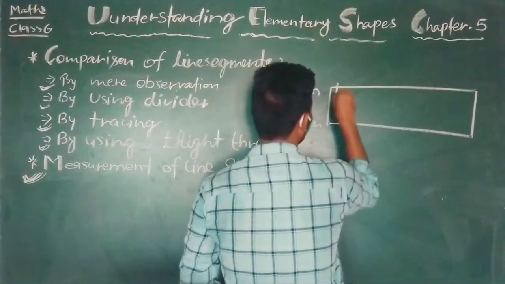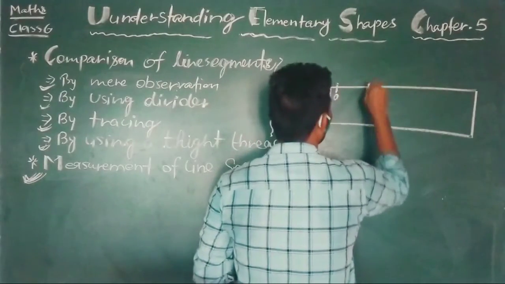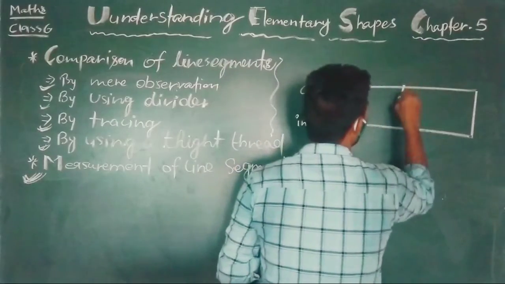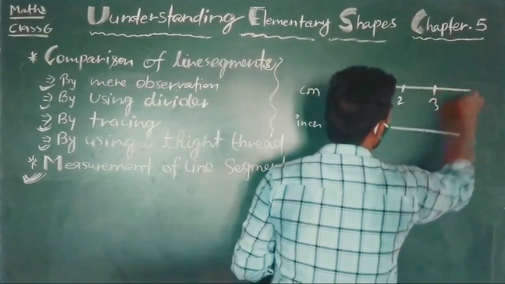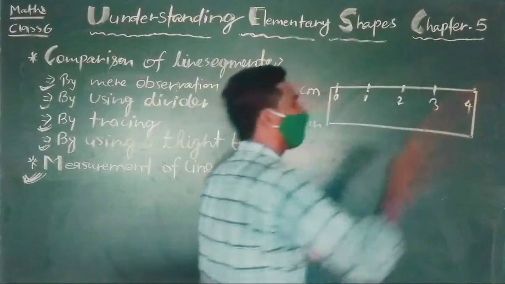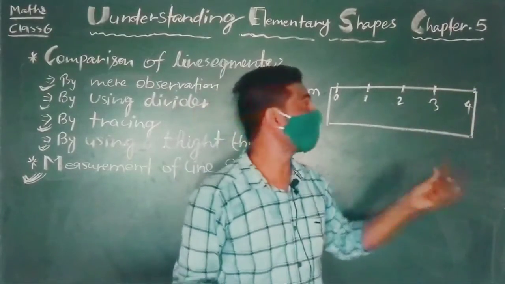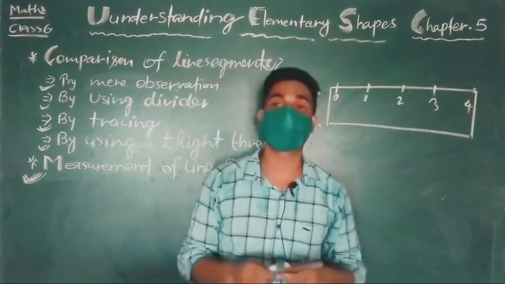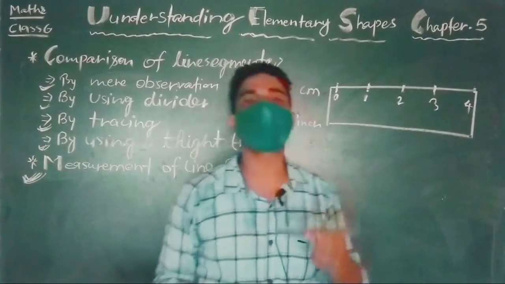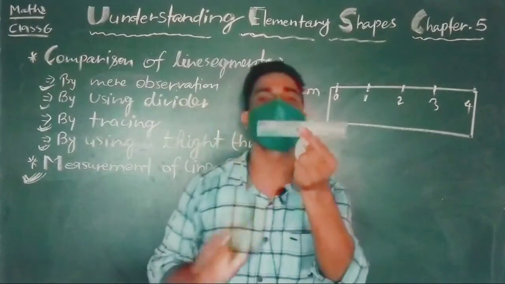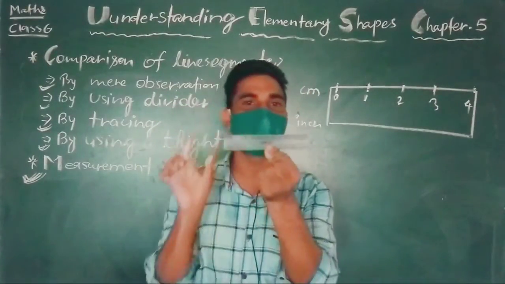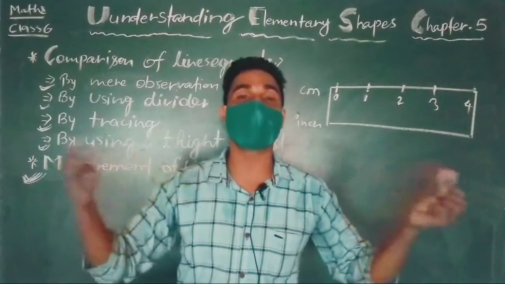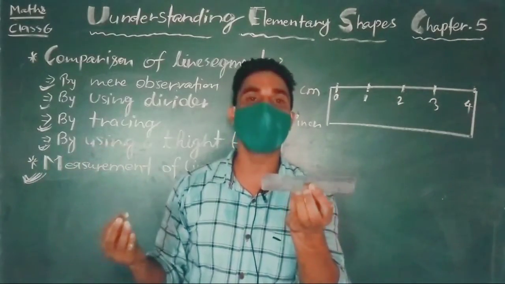0 will be there, thereafter 1, thereafter 2, thereafter 3, thereafter 4, and like that it will go on. It is not that I have drawn only till 4, so it will be there only till 4. I think you will find numbers till 15 on the smaller scale. If it is a bigger one, then more than 15 will be there.